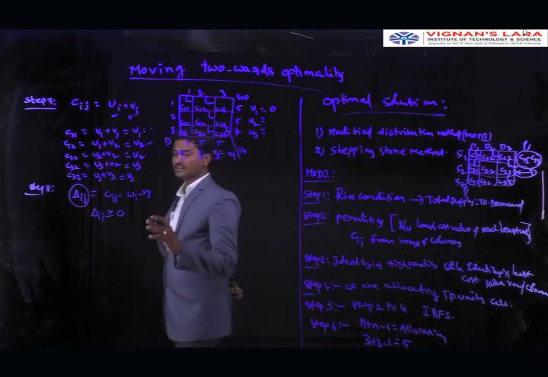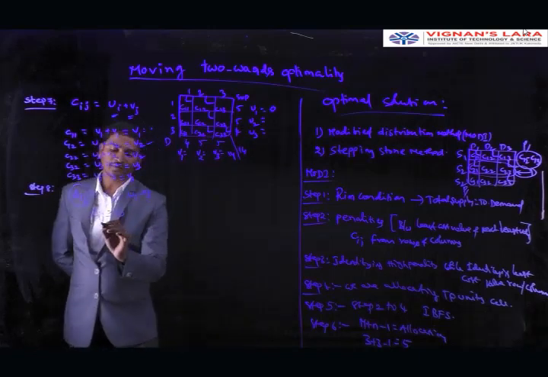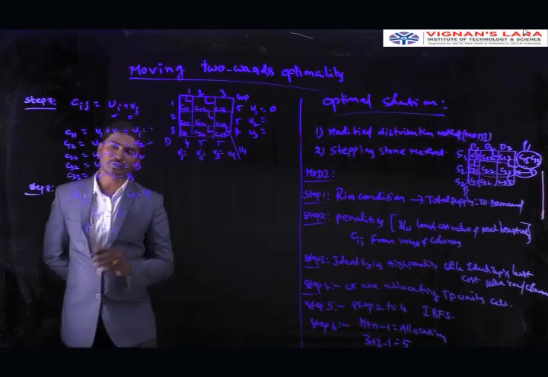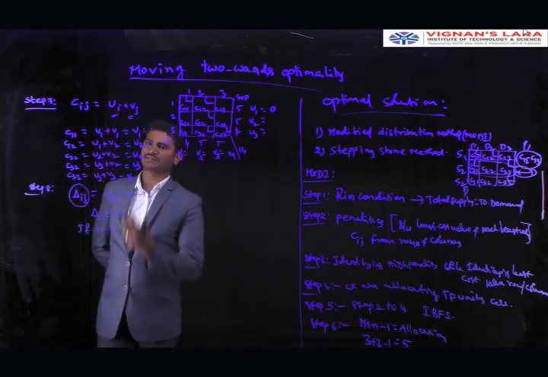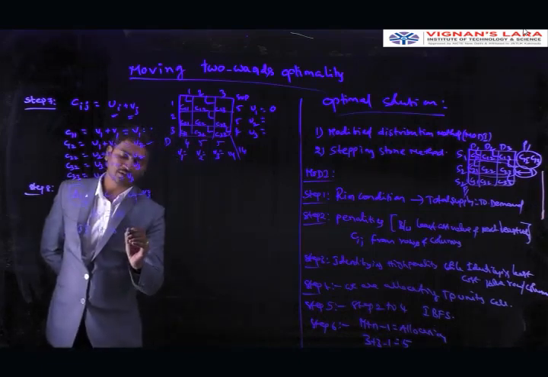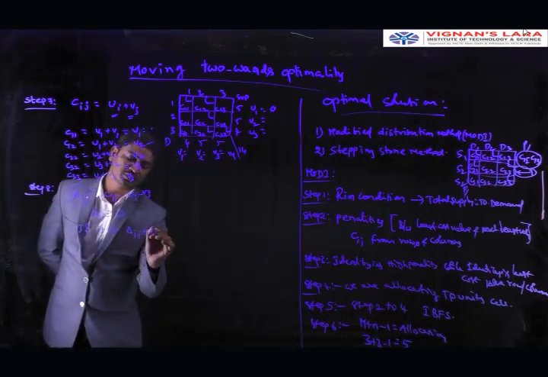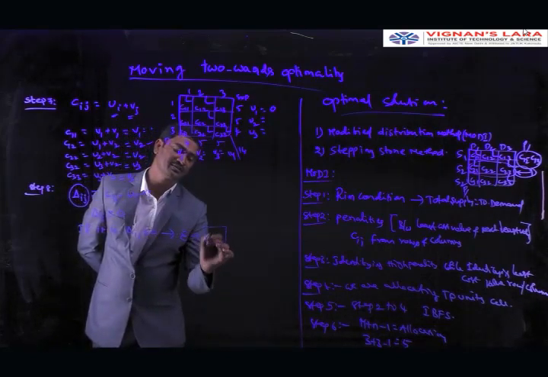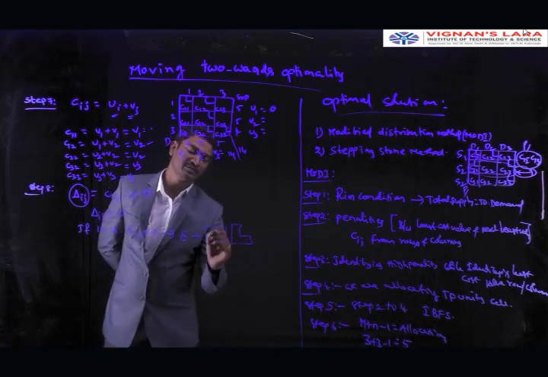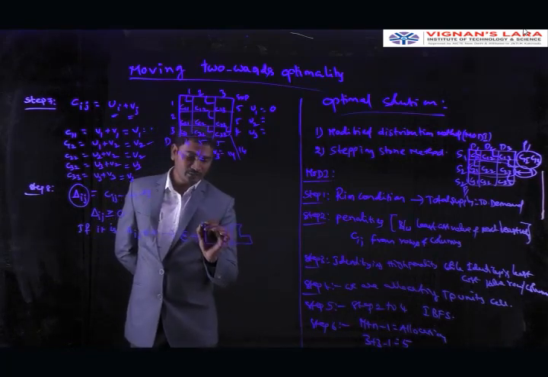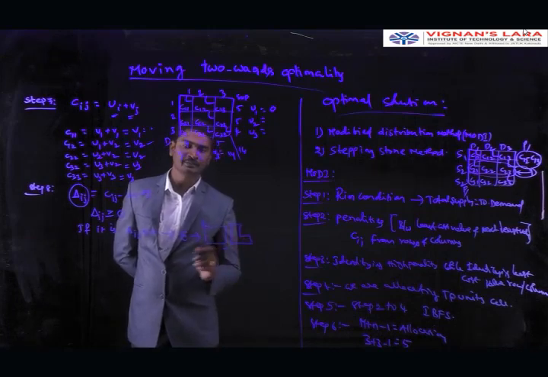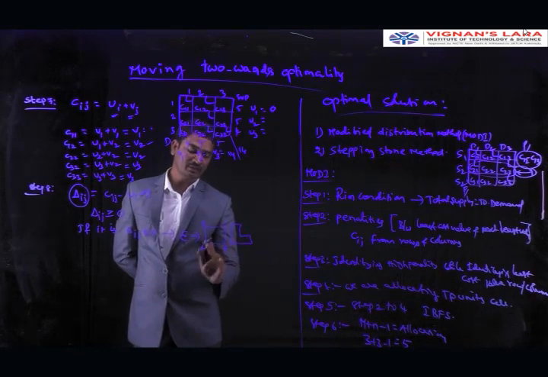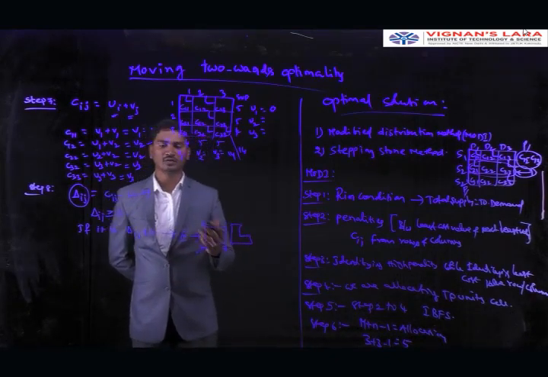If it is not reached, if it is not satisfied, again we are going to calculate the new allocations, new values. If delta ij is less than or equal to 0, again we are going to take the minimum values, then we are going to draw the loops based on these minimum values like this shapes. Here the loop is started with allocation value and it ends with allocation. Here we are giving the alternative signs plus minus minus plus. Based on this we are going to find the new allocations.